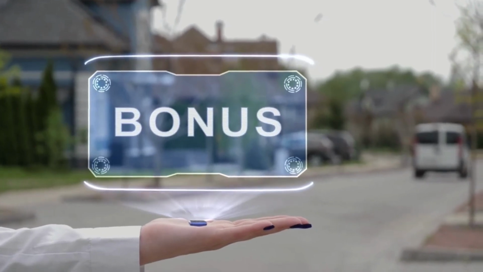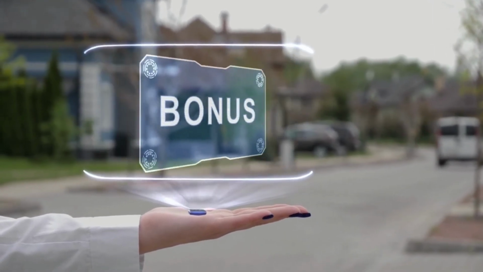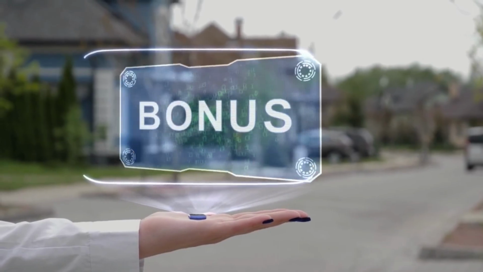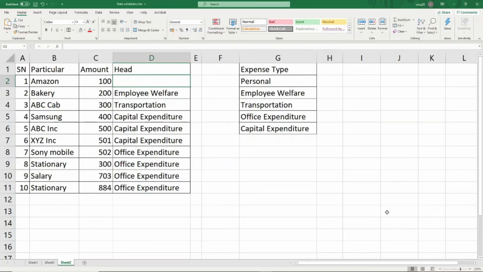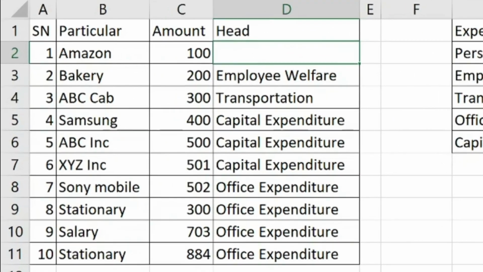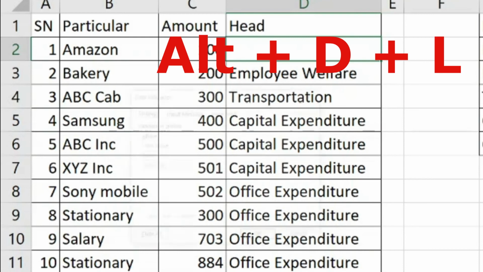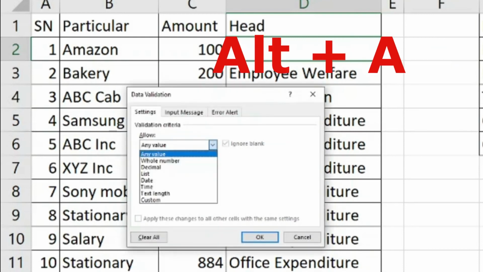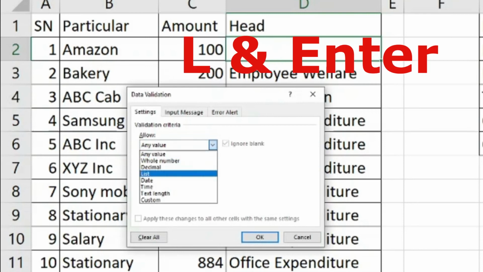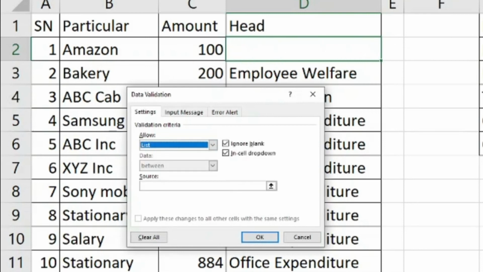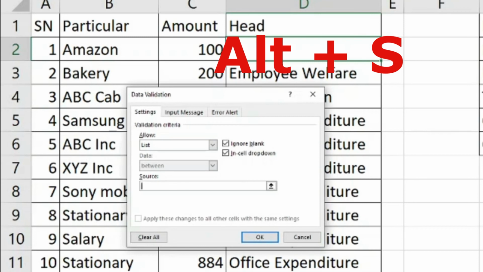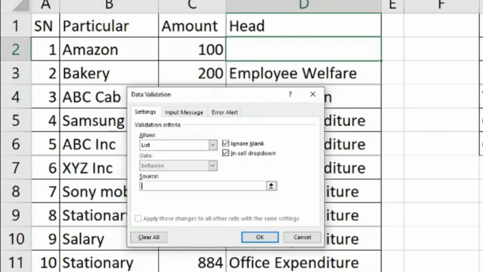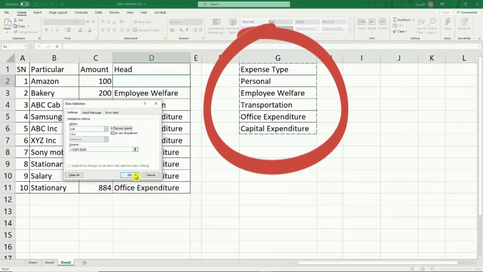So now it's a time for the bonus keyboard shortcut. I've already showed you one of the ways using the mouse to go and use the data validation, how you will insert it. The easiest way which I use is go on the cell where you want to insert the data validation list and press Alt D and L. It will open up this window. In this window, press Alt A. It will open up the list, press L and enter. To go to the source, press Alt S. In the source, you can type, or if you don't want to type, you select this and press enter, and